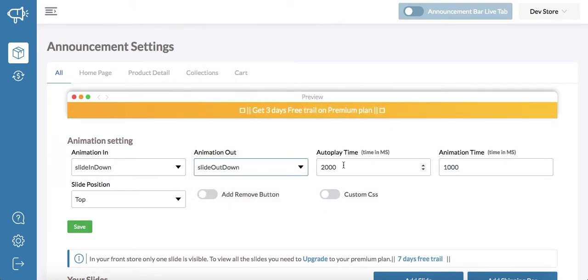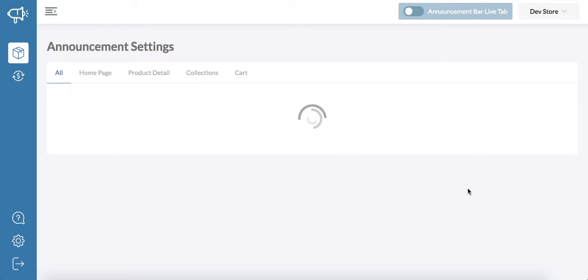What is this animation time? The animation time is the autoplay time, so it gives you the timing between the two slides. Whenever you increase this, the slide will stay longer. Let's make it normal, 2. The minimum autoplay time is 1 second. Here we also have the animation time; if we change this to 2, our animation becomes very slow, you see. You can update it as per your requirement. Let me put it back.